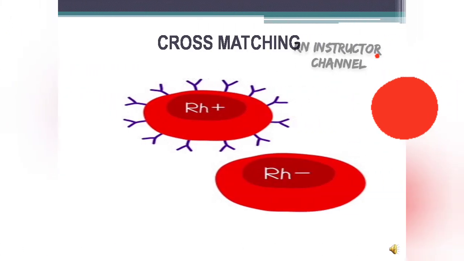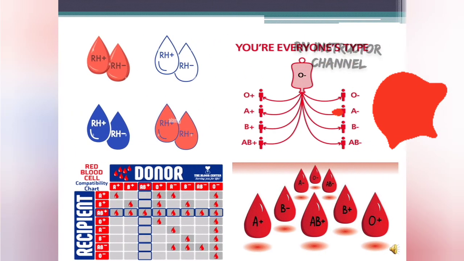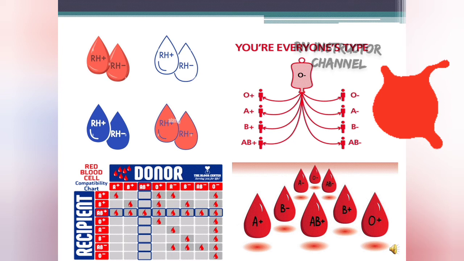Cross-matching: the Rh factor is a protein found in the covering of the RBC, right? So in cross-matching, we confirm whether the patient has Rh positive or Rh negative blood. Rh is known as rhesus factor. If the Rh factor is present on the cell, the patient has Rh positive blood. If the Rh factor is not present on the patient's blood, then it is considered Rh negative blood. Rh positive blood cannot be given to Rh negative blood type people,